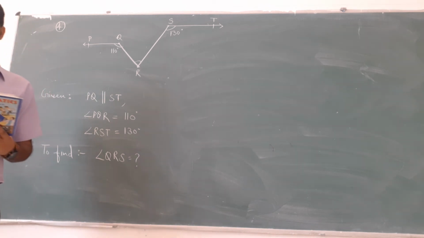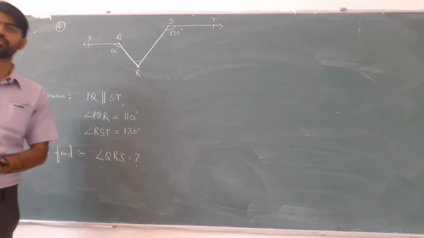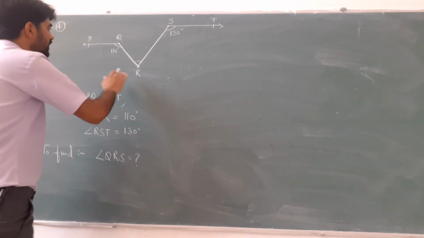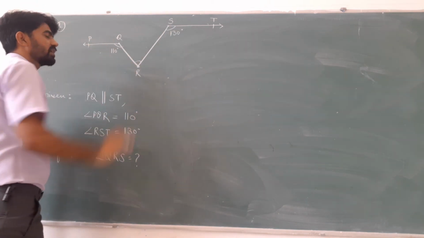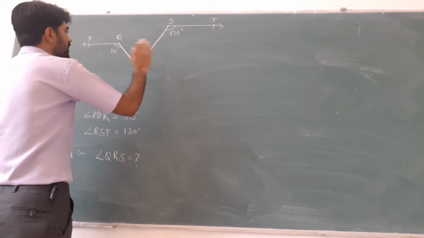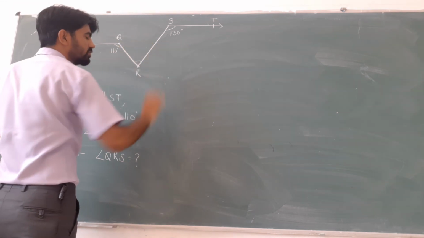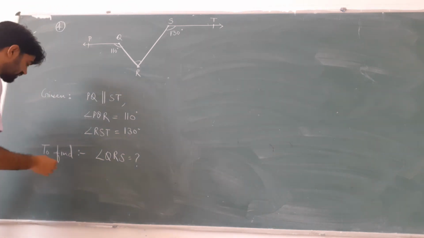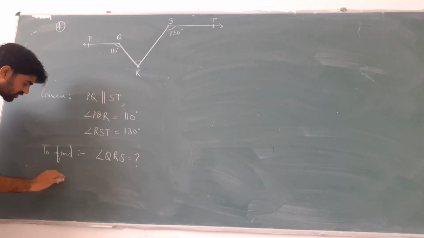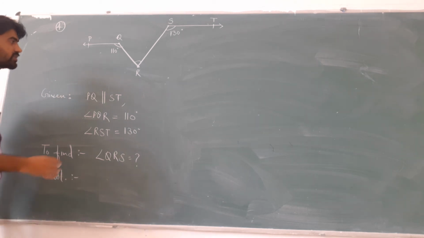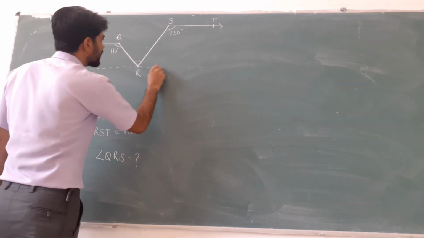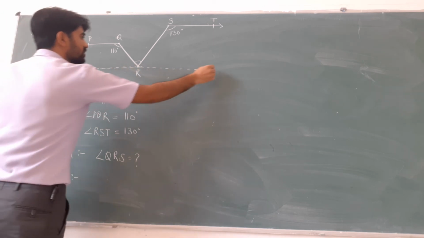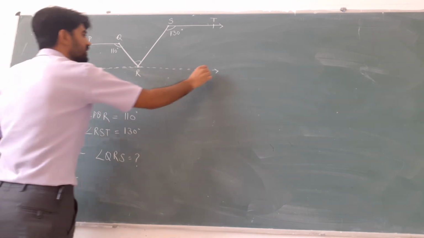For that we will make a construction, as a hint is also given in your book, that draw a line parallel to ST through R. So we can draw a line parallel to ST, which is already parallel to PQ, through R. One more way we can extend this line also. There are again 3-4 methods to solve this question. So one of them I am discussing here. Let us see a construction. Construction is that we will draw a line which is parallel to these two lines which are already parallel. Okay, so we are drawing, let it be AB.